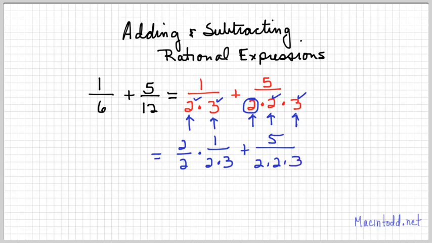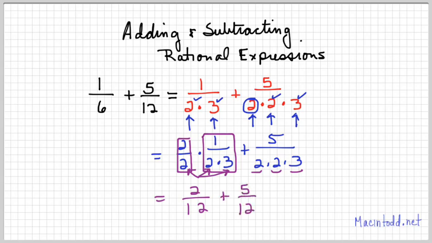What I've done is taken the 1 over 6, of course I've got it factored as this, and I've multiplied it by 2 over 2. That will make my denominator a 12, but the reason it gives me the common denominator is that now they both will have all the same factors. If you have all the same factors, when you multiply them, you get the same number. And so by doing that, we get what we'd expect, 2 twelfths